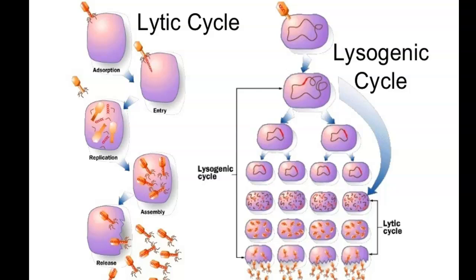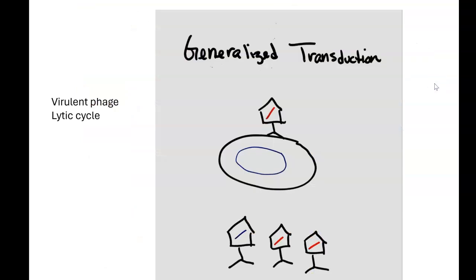And so to really understand transduction, we need a little preview of the lytic and the lysogenic cycle. The two types of transduction that we'll talk about are generalized transduction and specialized transduction. With generalized transduction, this is going to utilize that virulent phage. That's the violent phage, right? So this is going to prompt it to go into the lytic cycle. This is that quick cycle where it's going to take over the host cell machinery and blow open that